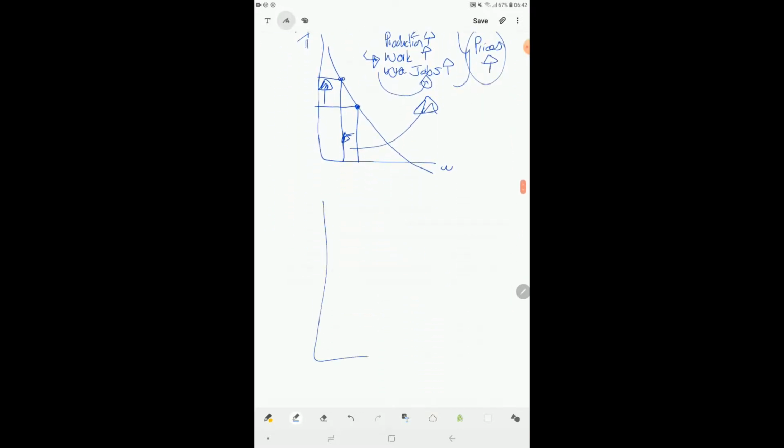Now the last graph is something that we call stagflation. Stagflation is the Phillips curve, but it shifts outwards. So this means that there is an increase in both inflation and unemployment rate. And this occurs when we have cost push inflation factors. This is an increase in wages and salaries, a decrease in productivity,